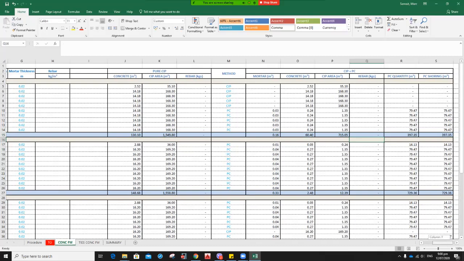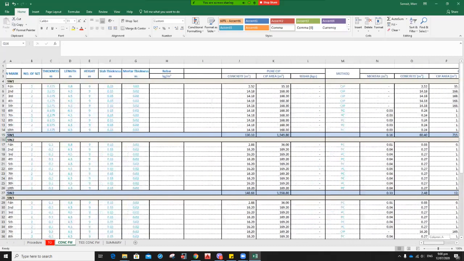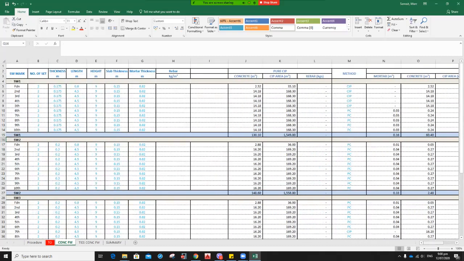Okay, so let's go to the rebar. By the way, in this part, in computing the concrete formworks, there's no difference if you do it during PSQ, DSQ, or ESQ; the procedure will be the same. If there are no changes in the geometry of the structure, then you don't have to redo everything. So that's why it's very important